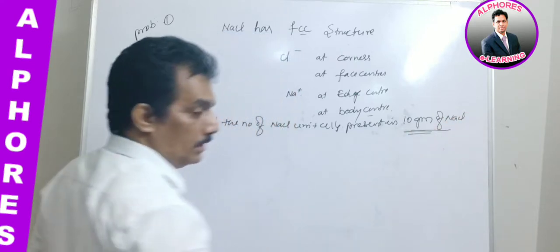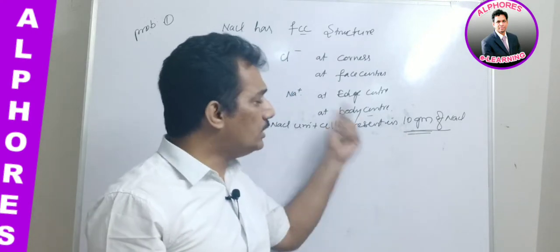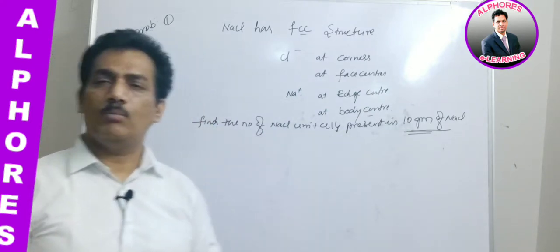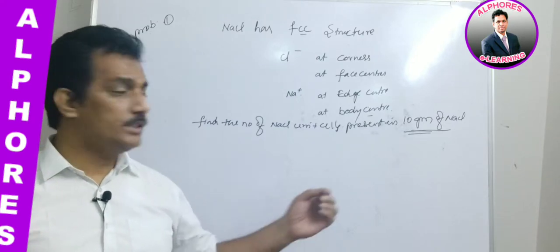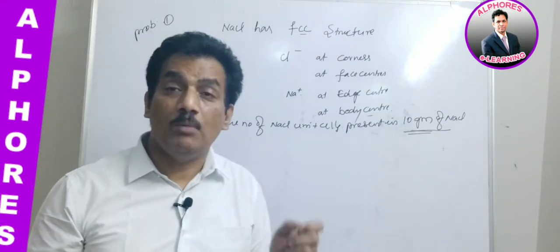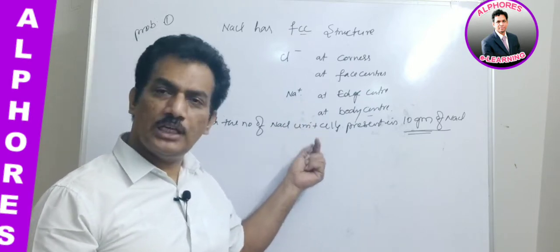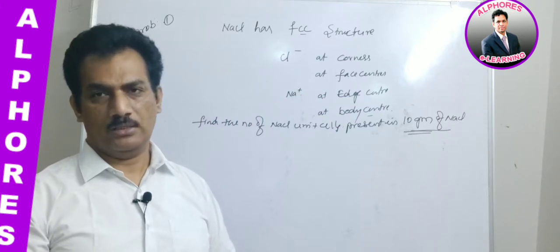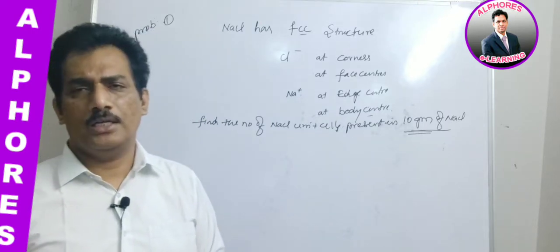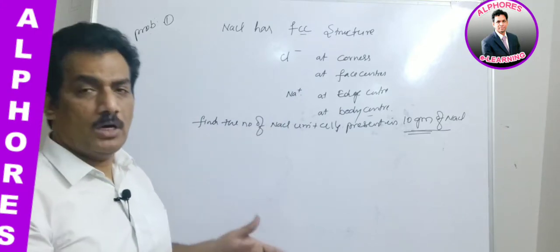This is the question. Here 10 grams they may ask, 1 gram they may ask, 100 grams they may ask, but for all these the process is the same. What to do when the question is like this? How to find the number of NaCl unit cells present in 10 grams? For that purpose, first of all we have to find the NaCl unit cell mass. If we know the mass, then 1 gram molecular mass will have Avogadro number of unit cells, and then automatically we can measure how many NaCl unit cells the given mass of NaCl crystal possesses. Is it not?